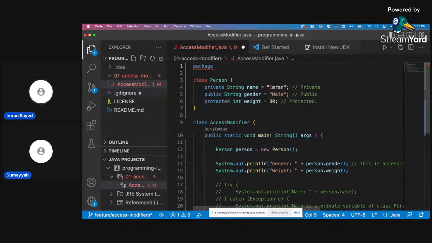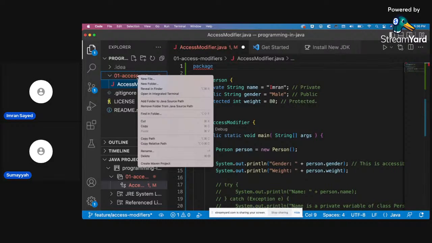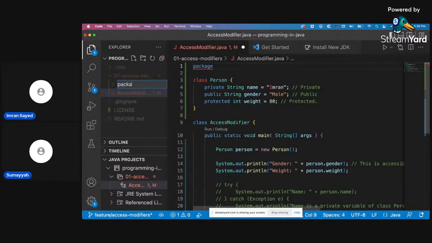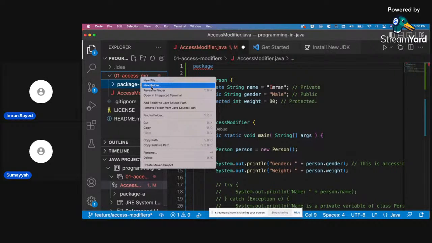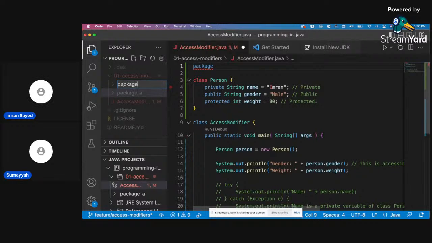So just creating two different files with different package names is not going to help, right? No, you have to create directories. Yeah. Okay. Package A, package B.